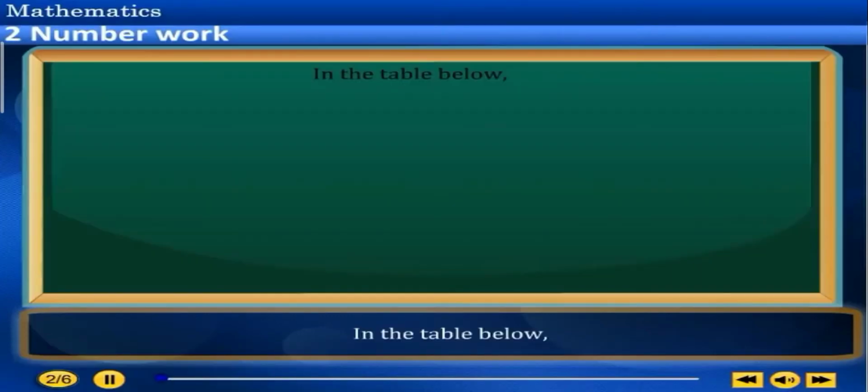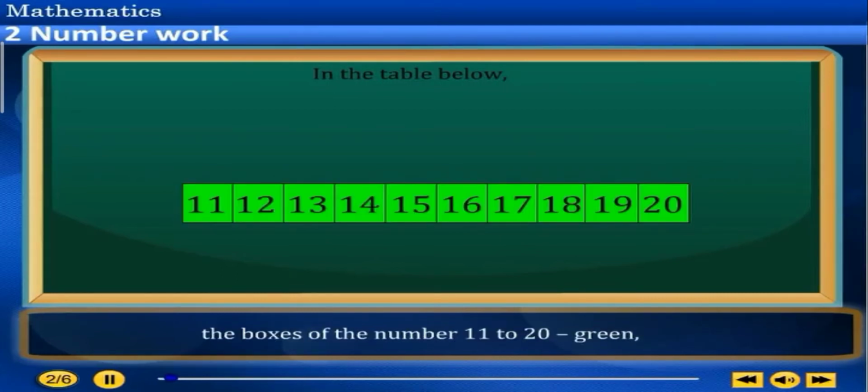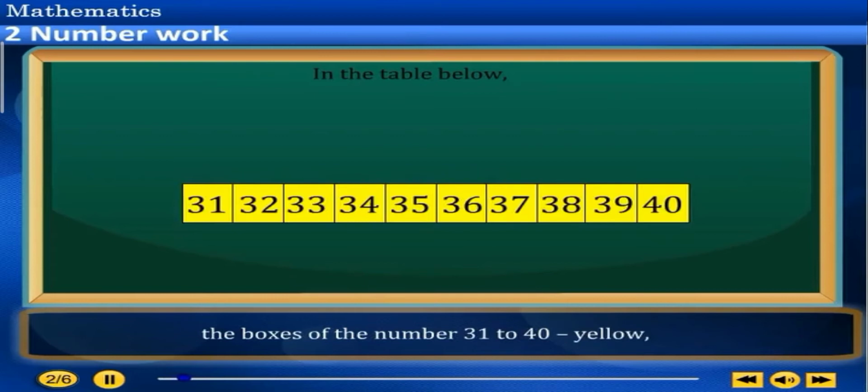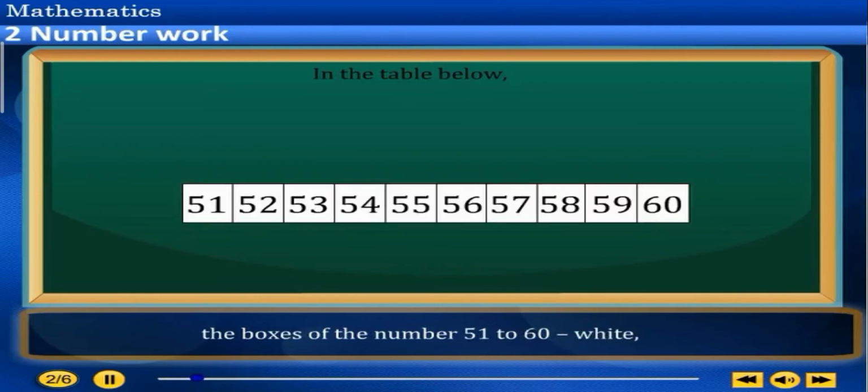Explanation. In the table below, color the boxes of the number 1 to 10 red, the boxes of the number 11 to 20 green, the boxes of the number 21 to 30 blue, the boxes of the number 31 to 40 yellow, the boxes of the number 41 to 50 orange, the boxes of the number 51 to 60 white,